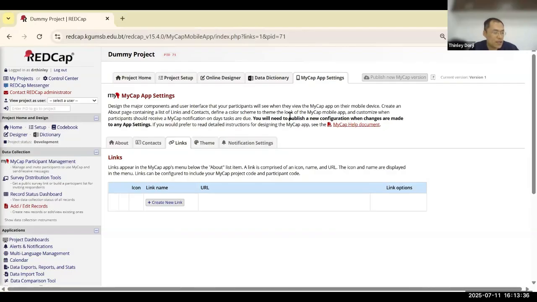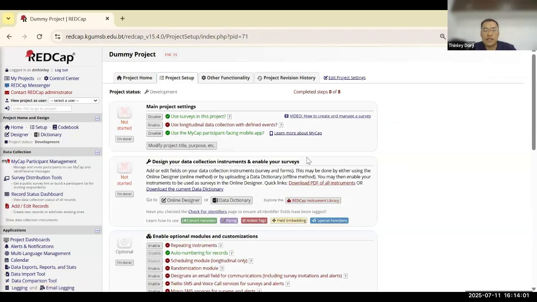Now we are coming to the last part. After you have made everything final, as you have seen right now, during the process of making the forms, we end up entering a lot of dummy data to test whether the features of the form are working or not. If you keep it as it is and just share the survey link, and real data are also getting entered, then there'll be a mix of your dummy data and your real data. Therefore, what is recommended is for you to move your project